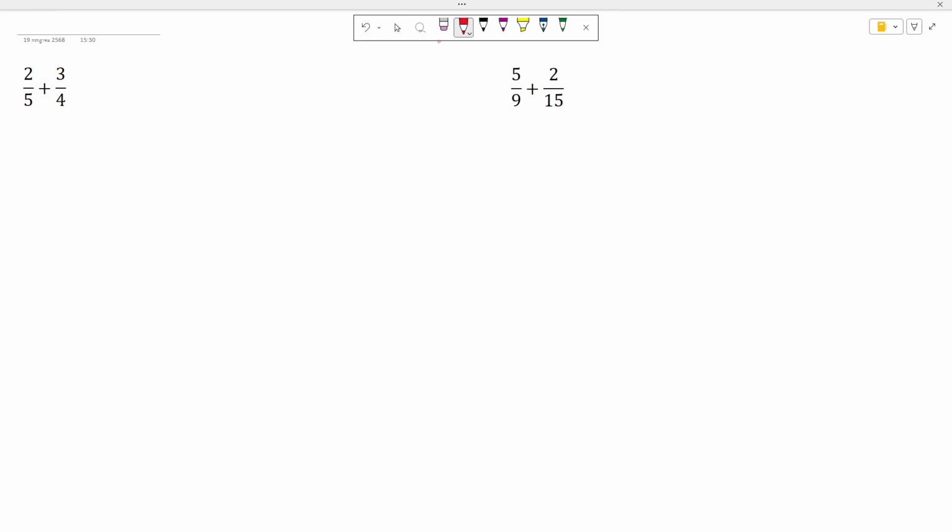Now first of all guys, in order for us to add or subtract fractions, we have to make sure that the denominators are the same. Now if you take a look at this question right here, we can easily see that the denominators are not the same. Now, the method that I'll be teaching you guys is what I would like to call the butterfly